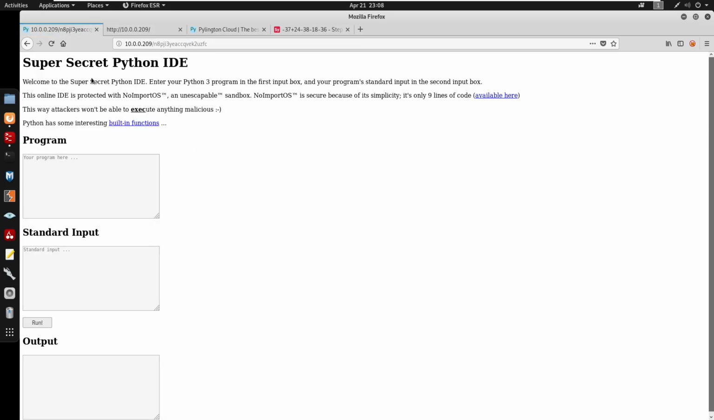Here we do have a super secret Python IDE. This online IDE is protected by no import os, which is basically a sandbox. It's secure because it's only accepting certain input. This way attackers won't be able to execute anything malicious, right? Okay, so usually when we're in a sandbox, let's first start by